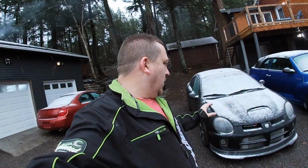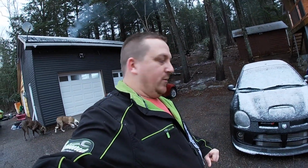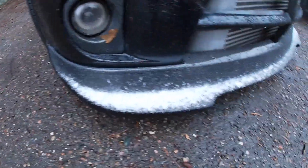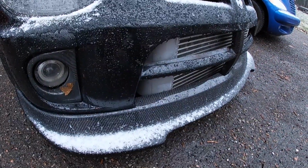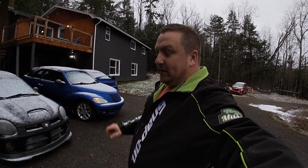We're going to at least take them apart, reseal the headlights, stuff like that, and I'll show you what the carbon fiber lip looks like. So there is the carbon fiber lip on my car, the one I just showed you in the house for the SRT. It does fit amazing. It is a great lip, so we'll be putting that on the blue car. So with 2 of them, each SRT will have it, and you will see that the fog lights were carbon fiber